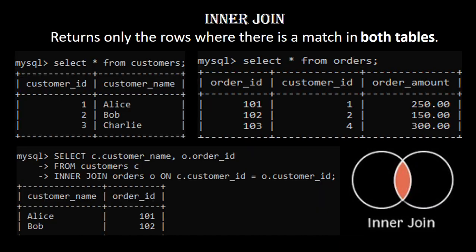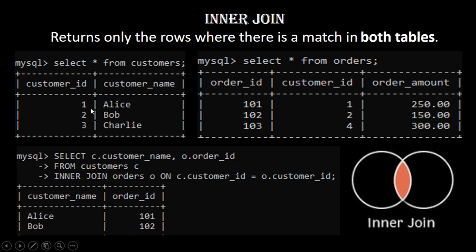Let us look at each join with a simple example. First, we look at inner join. Inner join is a join where it returns all the matching rows in both the tables. For example, here we consider a customers table and here an orders table. So if we join these two tables using inner join, we would receive the output as the matching rows